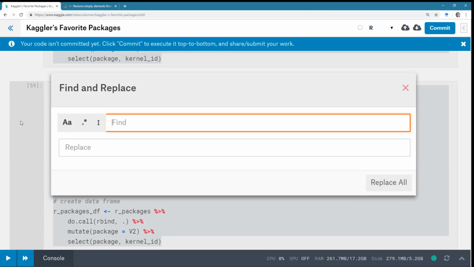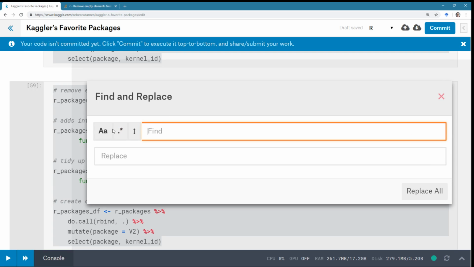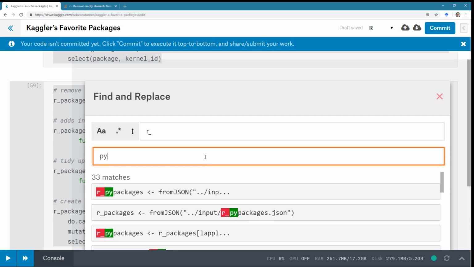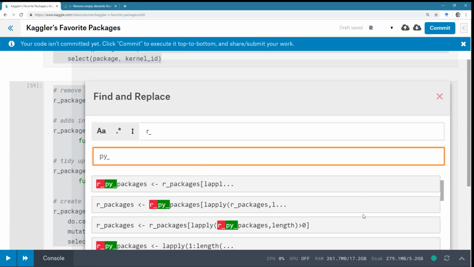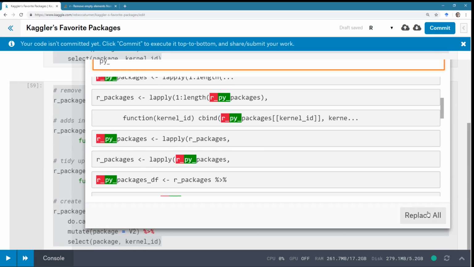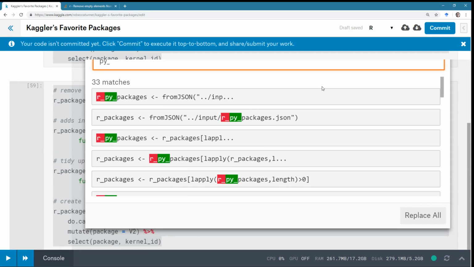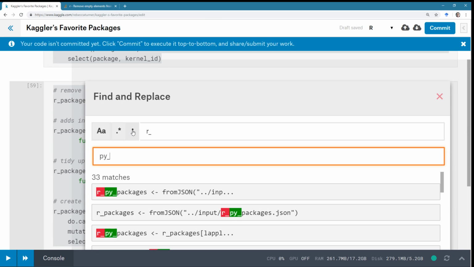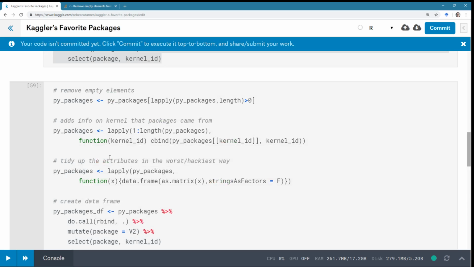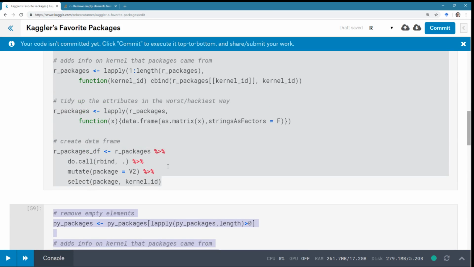So you have to click in the margin, then press F, then replace in selected cells. And I want to replace R underscore with pi underscore in all of the places, I think, but only in selected cells. Ten matches, replace all. Yeah, excellent.